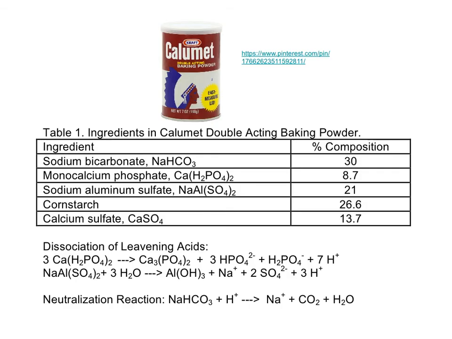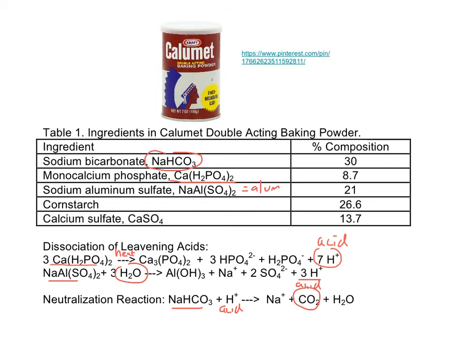What gas-forming reaction makes my pancakes fluffy? It's the double-acting baking powder. We know baking soda reacts with acid to form CO2. The acid comes from the alum when water is added to make the pancake batter. That's the first act. Here's the second act. When monocalcium phosphate is heated, when you put your pancake batter on your frying pan, acid is produced. So there's two ways to make acid in double-acting baking powder,